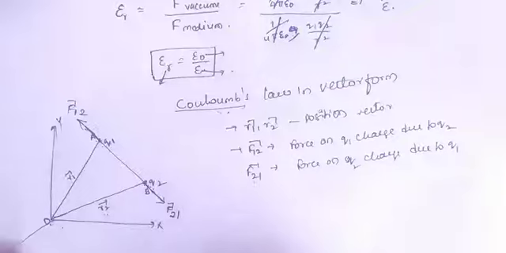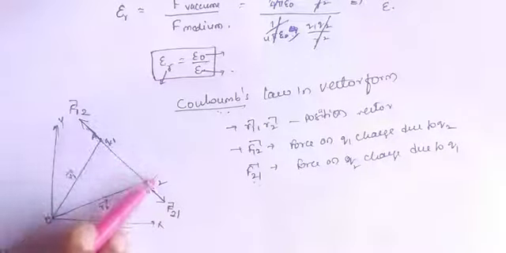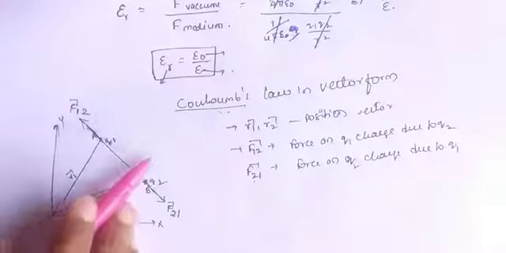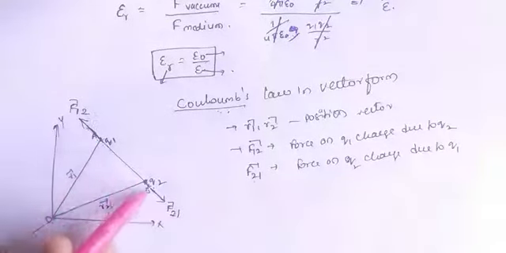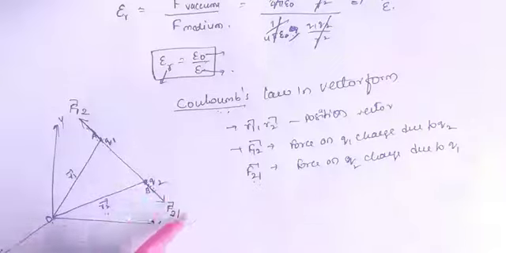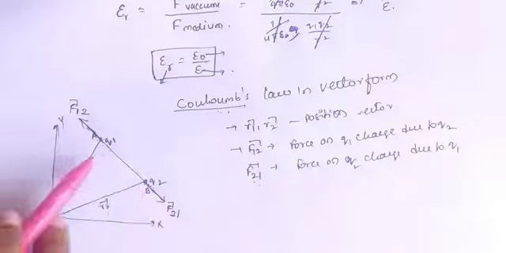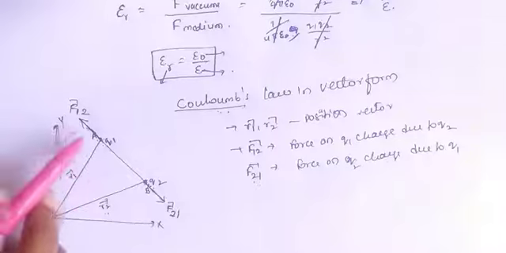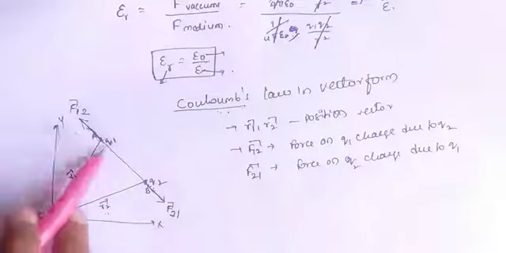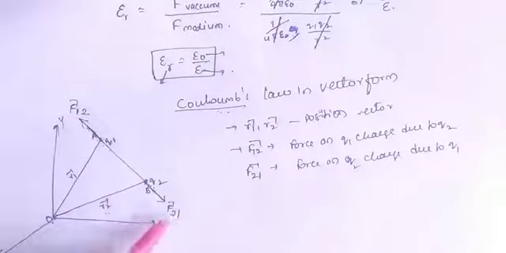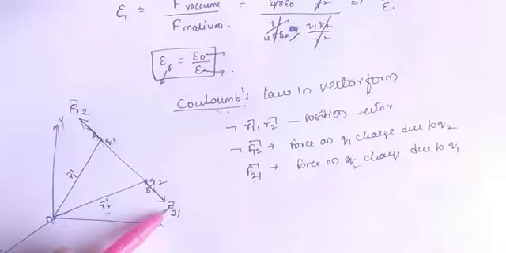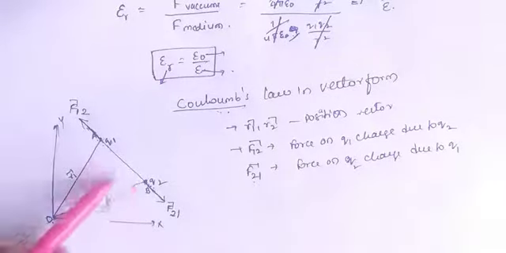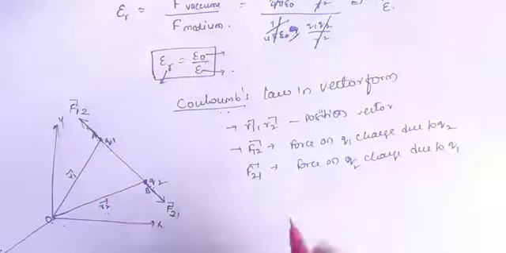Now here this q1 applies the force on q2 and this q2 applies the force on q1. The force on q2 applies in this direction, and q2 applies the force on q1 in this direction. Those two forces are in opposite directions, but the magnitude applied by the two charges will be the same. So that means here we have to